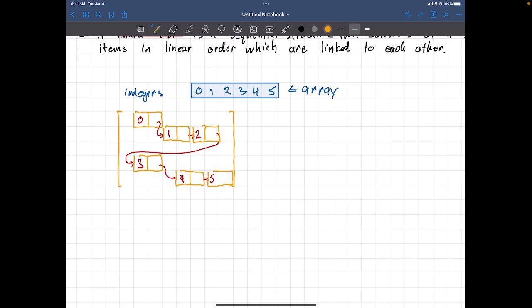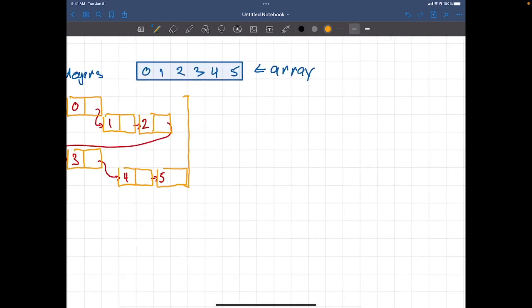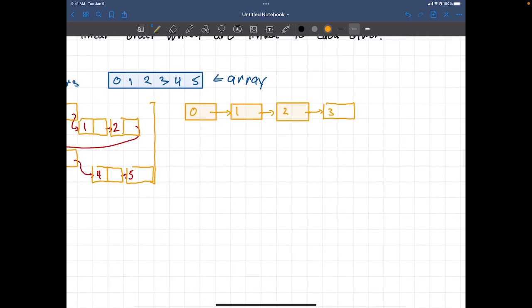Okay, let's keep going. All right, so that's the way it's laid out in memory, but let's zoom in over here. The linked list looks like this: each element, so we would have 0, and then you would have a pointer to the next element in the list. So let's visualize this as follows, and that would be 2. That would be a pointer then to 3,